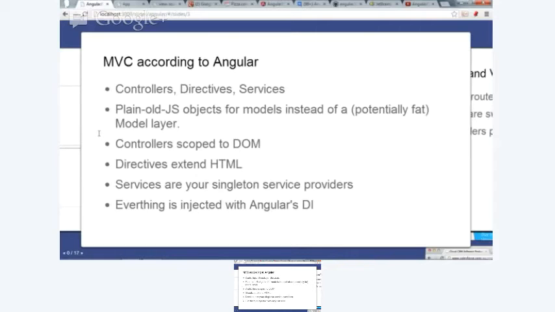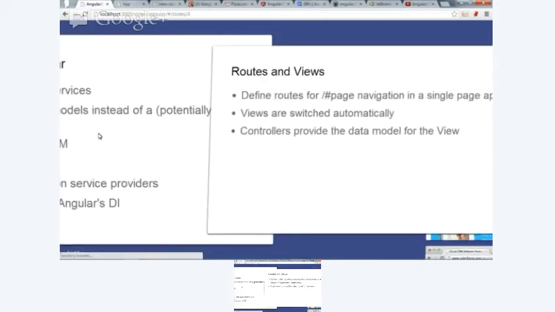To me, controllers are all about making the data model available to the view, so that you can mark up your view with those Angular templates and things, and they will magically appear. Services are really service providers, connecting to back-end servers and things like that. And all the code that you write is injected with Angular's dependency injection.